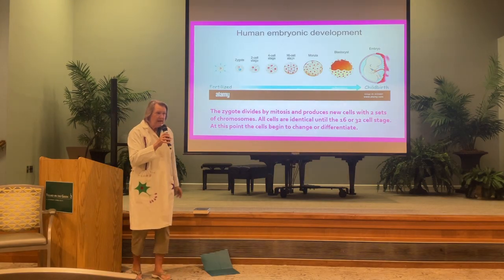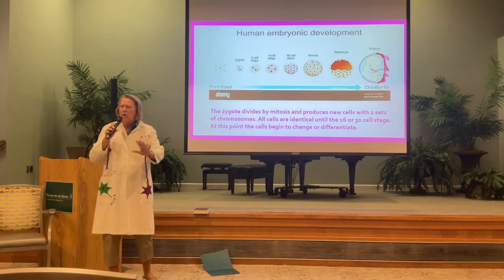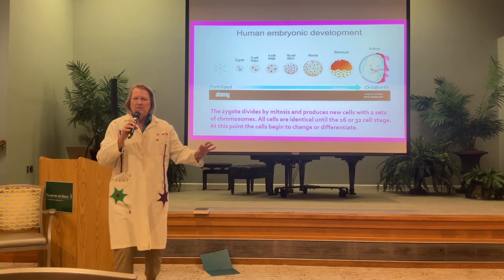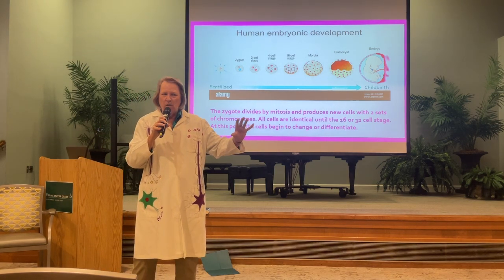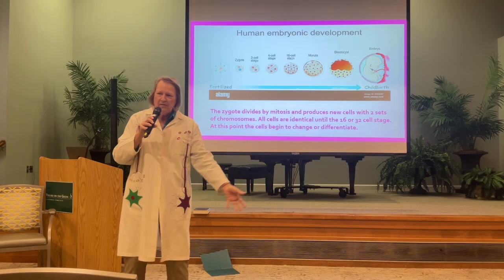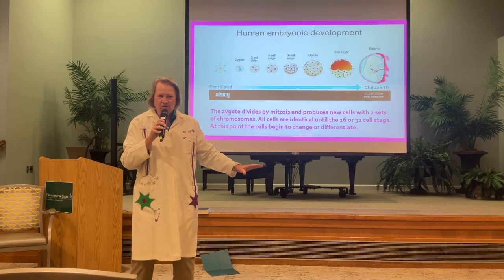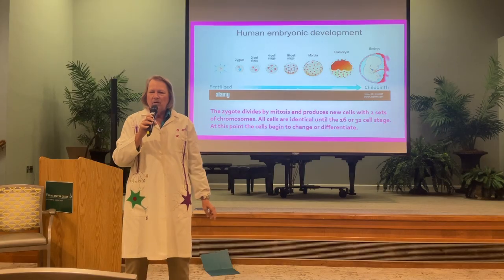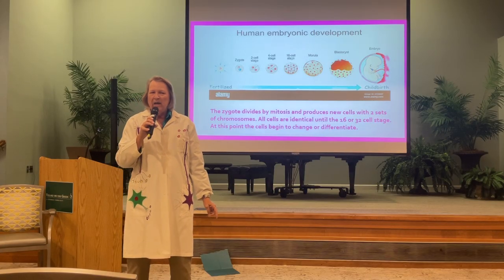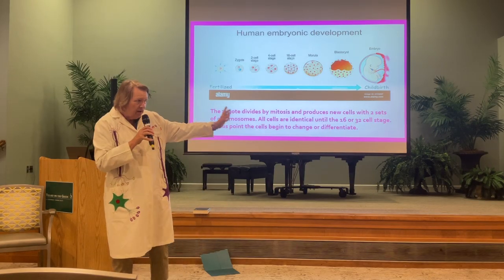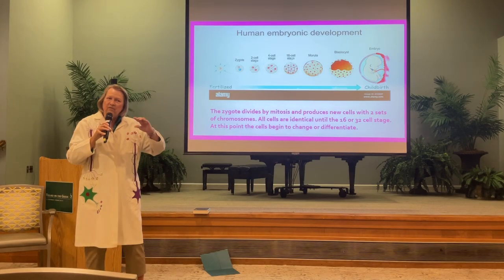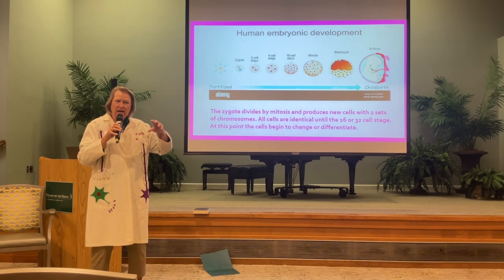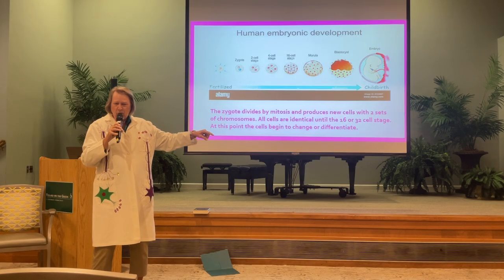So what happens then? Well, all right, and we all know where this happens. It happens in the fallopian tubes or the oviduct, real close to the ovary. A lot of people think it happens in the uterus. That is not the case. It happens out very near the ovary, and it takes a week for this activity that I'm about to show you here to happen as this zygote divides and divides and divides and travels along the fallopian tubes to get to